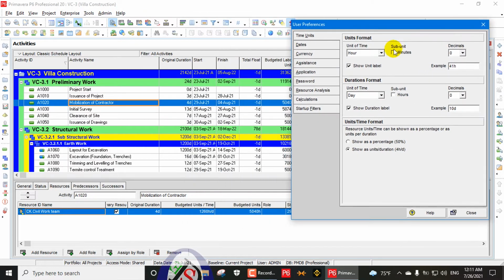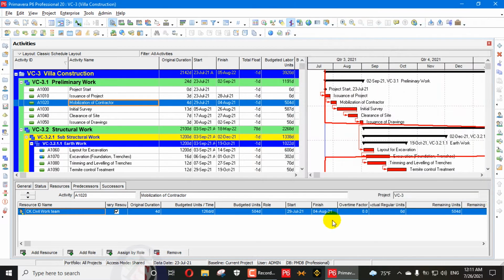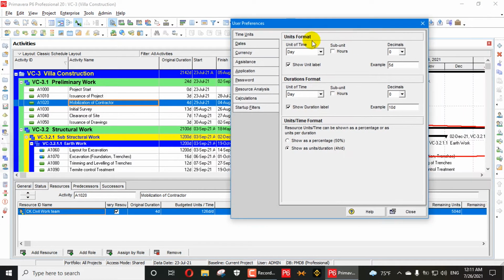If we put, for example, somebody thinks about day, and we put 5 days as an example, what is happening here? You can see it is divided into 10, it considers a maximum of 10 hours for a day. So it converts your budgeted units into days, and it also considers your man day per day. You can also put that unit. For example, some companies consider one man day for their unit settings, so they can think about the unit of time maybe in days.